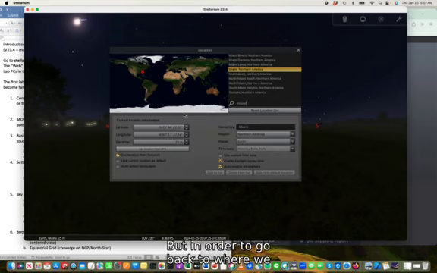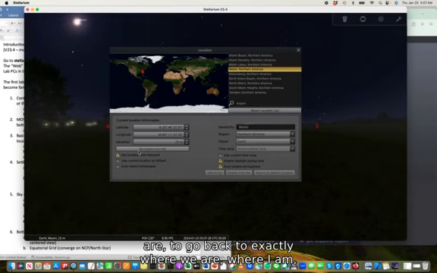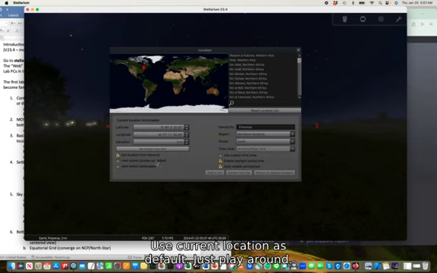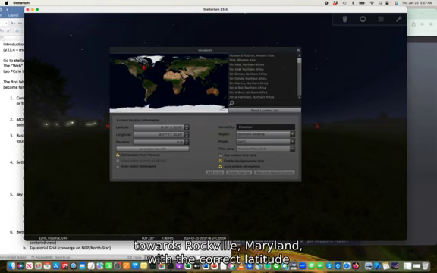But in order to go back to exactly where I am, play around with this tool button right here. Get location from network. Use current location as default. Just play around, and then you see that the red arrow points back towards Rockville, Maryland, with the correct